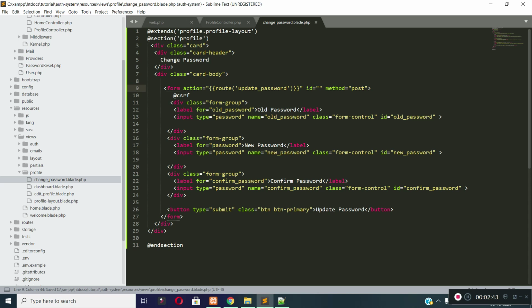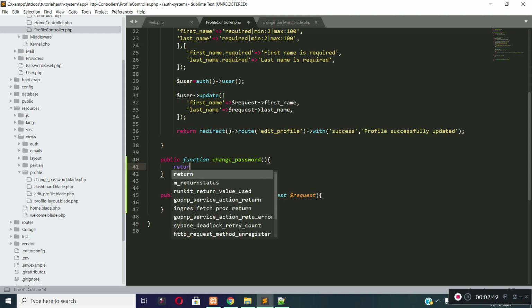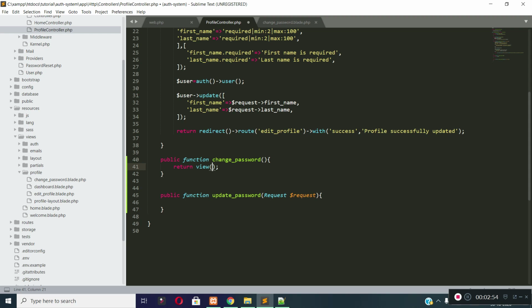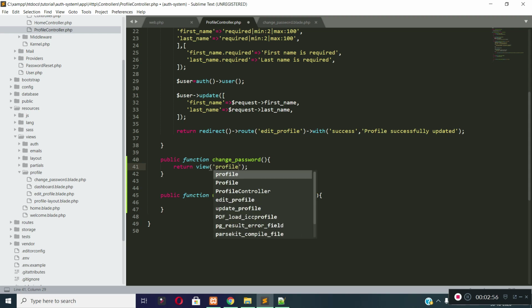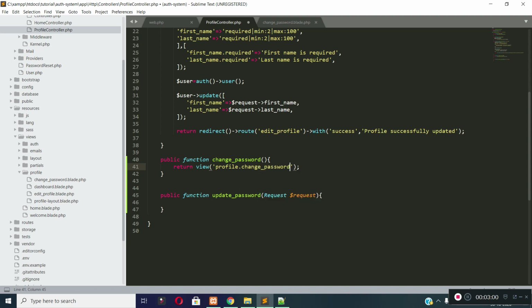Now let's return this view file from our change_password method, which is inside profile controller. The view file is under profile folder and the file name is change_password.blade.php. We do not need to provide .blade.php because this is a view file.